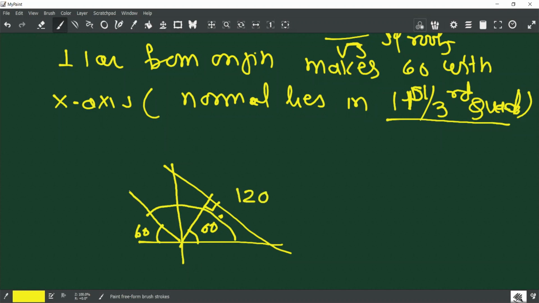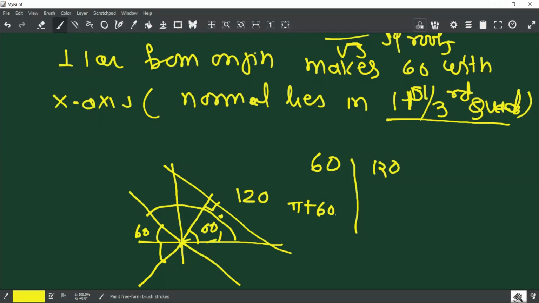So 120, meaning in first case you will take angle as 60. Then 120 is not given. In the third quadrant it is given. So it is 180 plus 60. Correct? And here it is given fourth quadrant, again it is not given, but you will take it as 300. 240. You understood? So this is given and this is given. So we got the two answers. Is that clear?